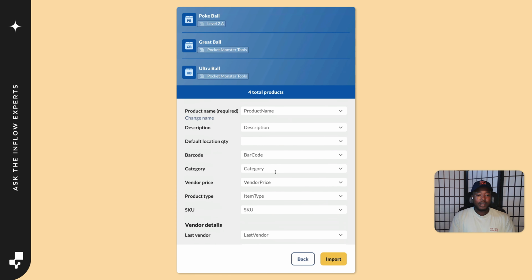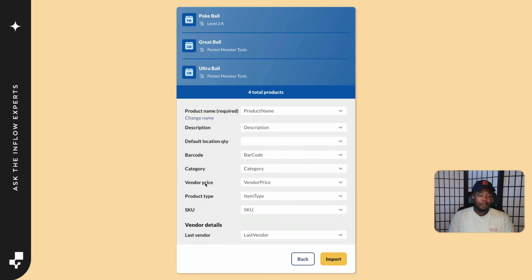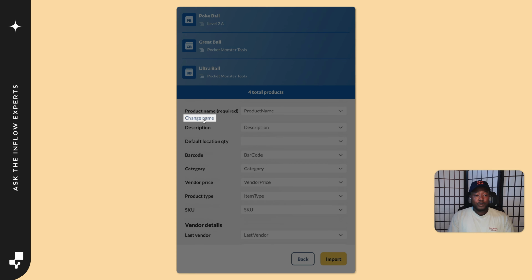This will likely happen if your headers on your CSV are the same as the ones that inFlow understands them to be. You know, a barcode is a barcode, category is a category. But you saw on mine, I put new name. So obviously it's not going to fill that in because there's no fields on this left side that are called new name. So what I'm going to first do is I'm going to go to this button here called change